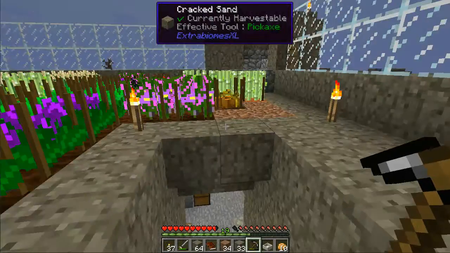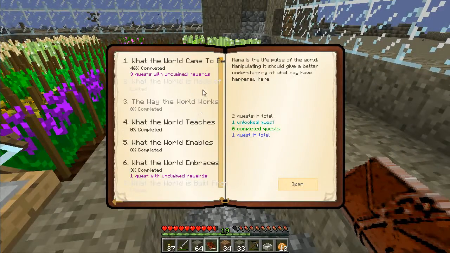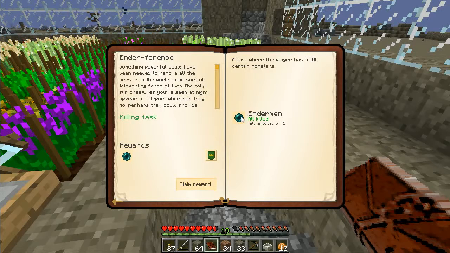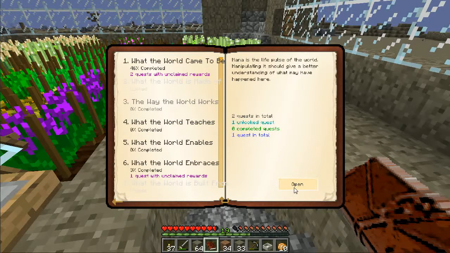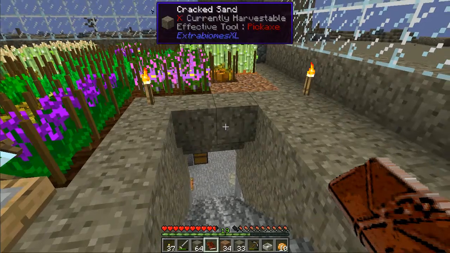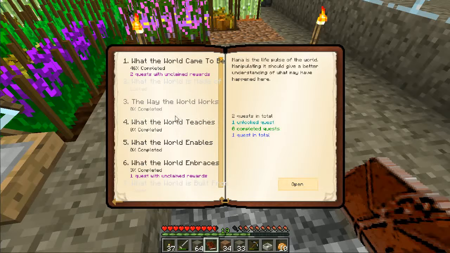Actually, before I do that, let me check in on the quest book, because there's actually a lot of things that I am behind on. So what the world came to be, because I've killed an Enderman, I only had to kill one. It's going to give me another Ender Pearl, and it opened up this quest down here in the way the world works. So I'm going to have to eventually make this end portal placer, but I can't do that until I have, well, a lot of Ender Pearls. So going back,